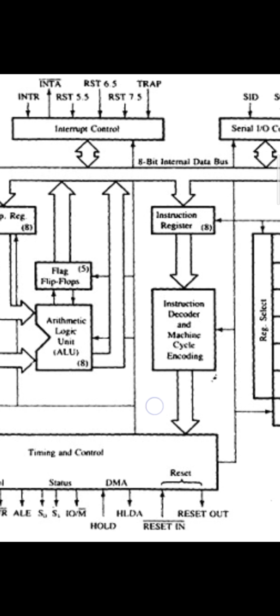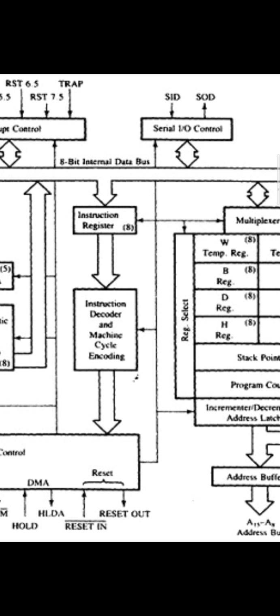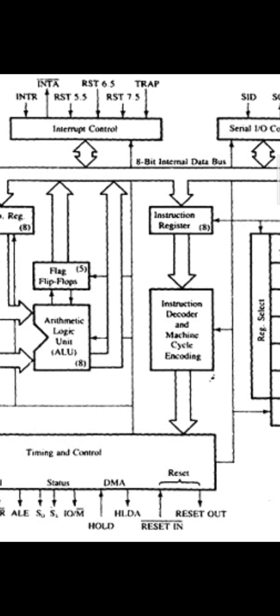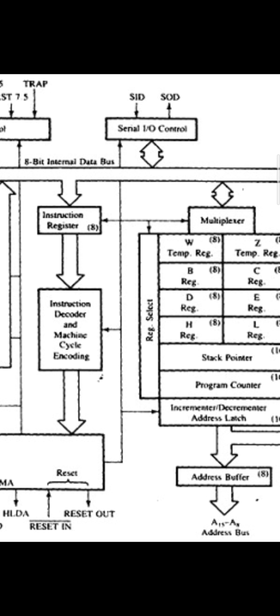So if you want to do a particular transfer, you have to first send a signal to the B register to enable it, and you have to send another signal to the accumulator to enable it. And after that, you send another signal to the data bus or address bus, saying okay, now transfer from the B register through the data bus and load it onto the accumulator. So the data gets transferred onto the accumulator.